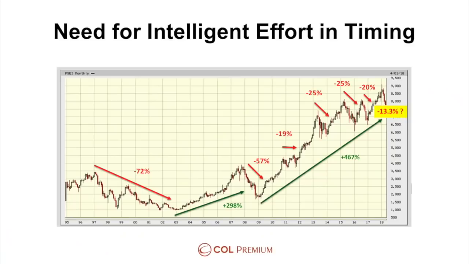So obviously, this is the Philippine Index since 1995. Since 2003, we had the bottom of our 15 to 20-year cycle bull market. That's when it started. For those of you who don't remember, 2003 was EDSA DOS, the EDSA 2 revolution. Then prices went all the way from 980 to 3,500 before dropping 57%, and then moving up almost 4 to 5 times over the past 10 years.